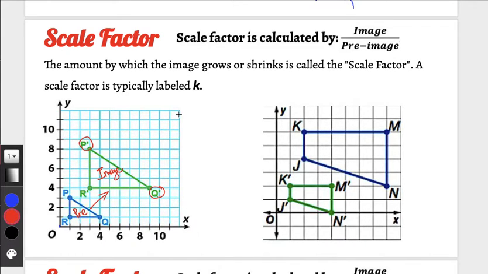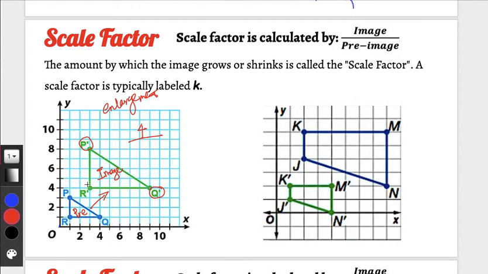So now, since I know the scale factor, we're going to figure out how much it shrinks or how much it is enlarged. This small picture is getting bigger, so I know it's going to be an enlargement, right? It's very straightforward. We can just compare the size. And then for the scale factor, the way we use it, I use one side of the image and compare it to the corresponding side. So let's check P prime R prime. This is 1, 2, 3, 4. So it's 4. This is image over